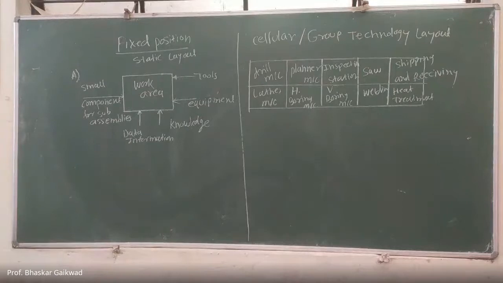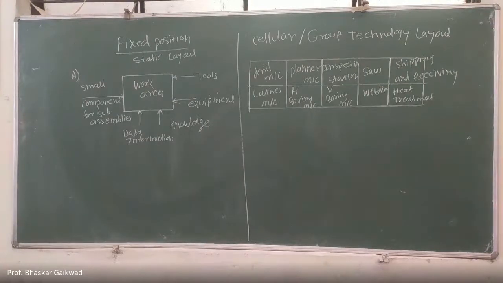Examples, last time I gave the sugar industry, steel rolling mills, textiles, petrochemical industry, paper mills. So product layout or line layout means the arrangement of the machines or sequence of the machines should be in one line. One operation of that product is over, then it goes to the next station. Then a little more of the operations get completed, then it goes to the third station and it continues.